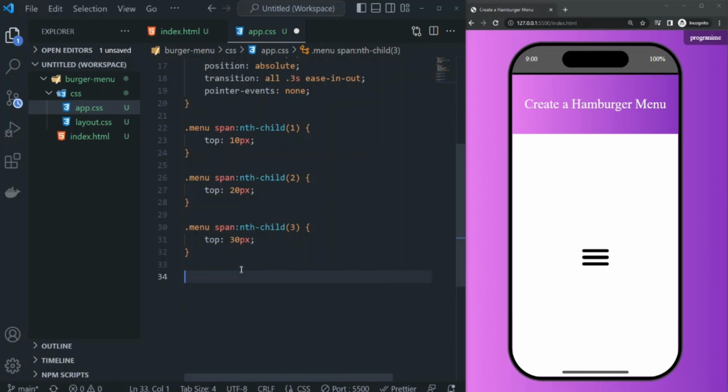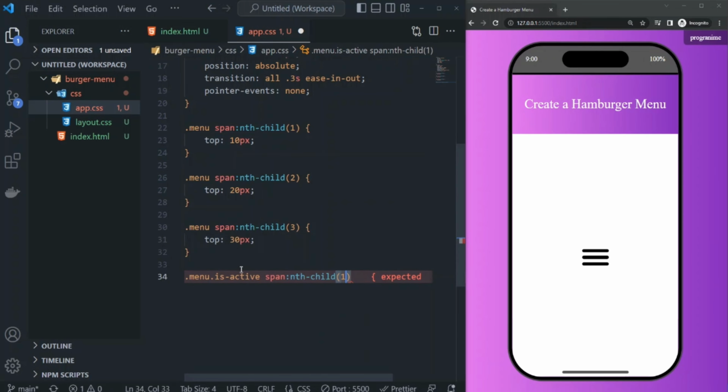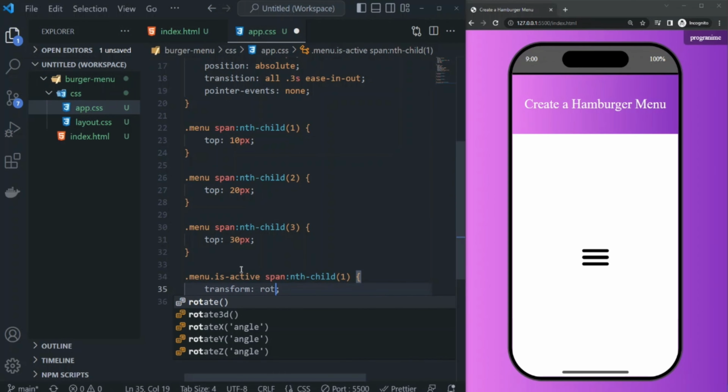I will target again the menu class, but this time with the isActive class. But make sure there's no spacing between those classes, because later using JavaScript, I will toggle the isActive class on the menu container. With the help of transform property, I can rotate the element and I will also adjust its